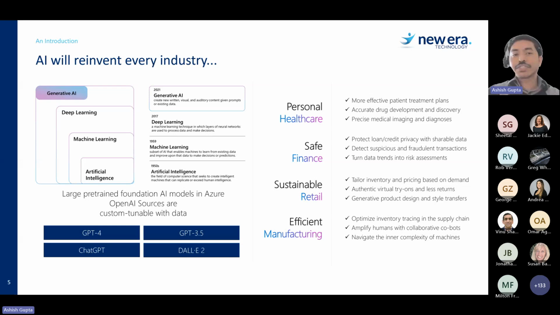So that's a very high level introduction of these two core branches of AI, machine learning and deep learning. And now if we talk about generative AI, that's the term you must be hearing about, and Copilot is directly related to that. Generative AI is another kind of a sub branch or subset of deep learning